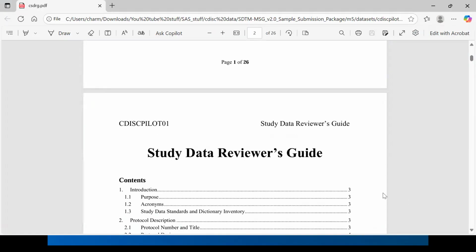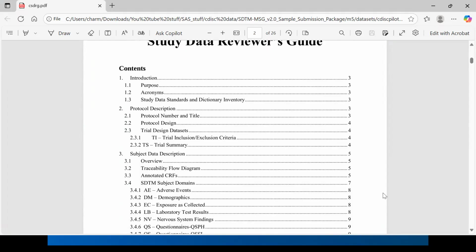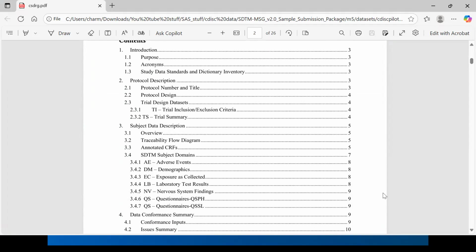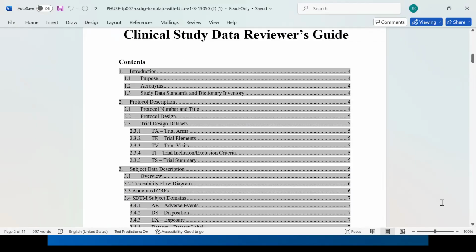Here you can also see the contents table, where all the sections and subsections are mentioned in the SDRG for the dummy study. There are many domains also mentioned in section 3.4, and we will understand how and why we are displaying this information in the SDRG. So moving on from the contents table,